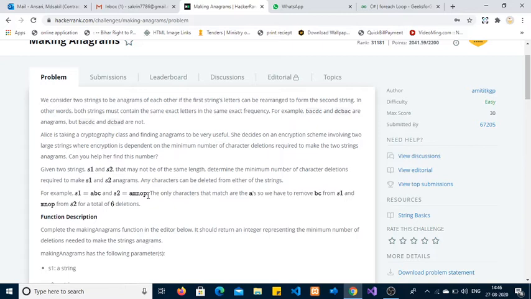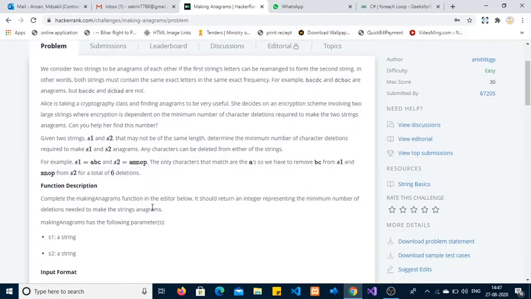We have to return the number of characters deleted: we deleted 2 characters from S1 and 4 characters from S2.